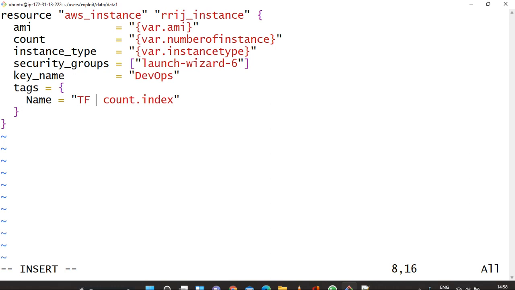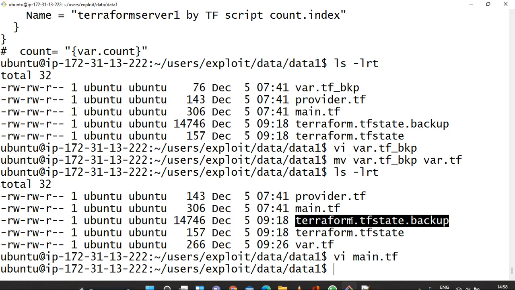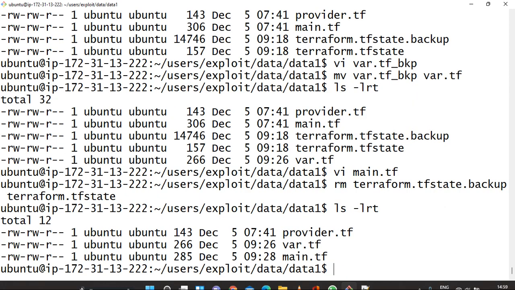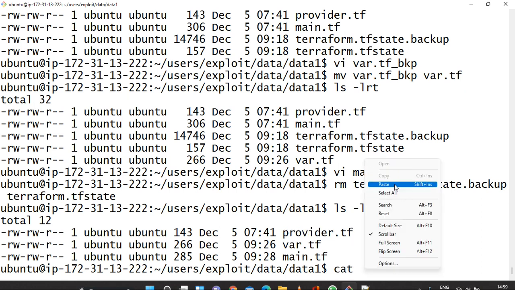I can write tf instance. So now you can see provider.tf, variable.tf and main.tf. These are the three files we have updated.